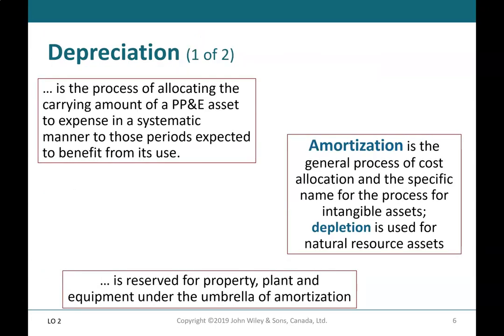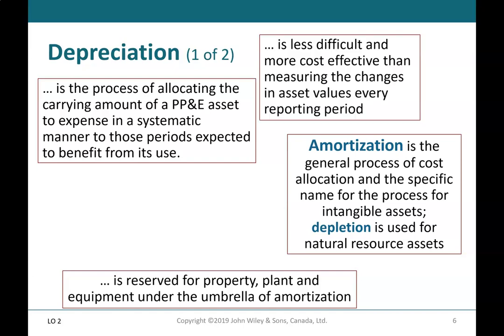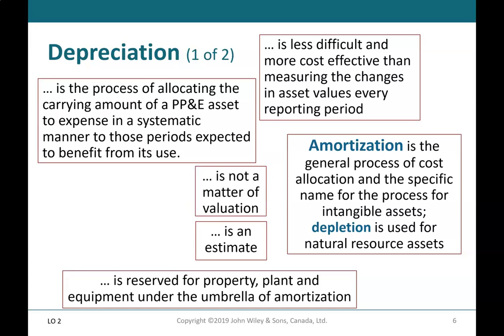Depreciation, 1 of 2. Depreciation is the process of allocating the carrying amount of a property, plant, and equipment asset to expense in a systematic manner to those periods expected to benefit from its use. It is not a matter of valuation. It is an estimate. It is less difficult and more cost-effective than measuring the changes in asset values every reporting